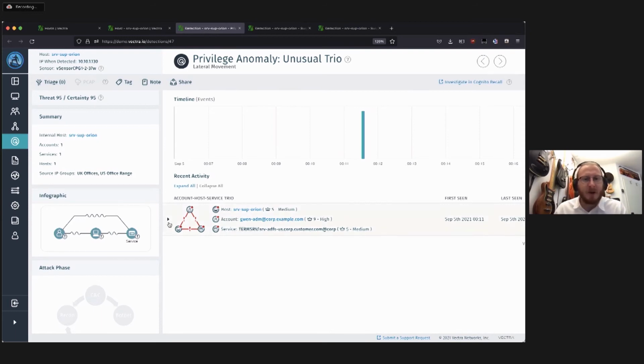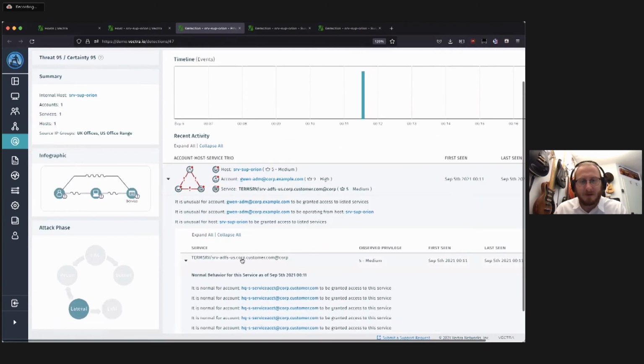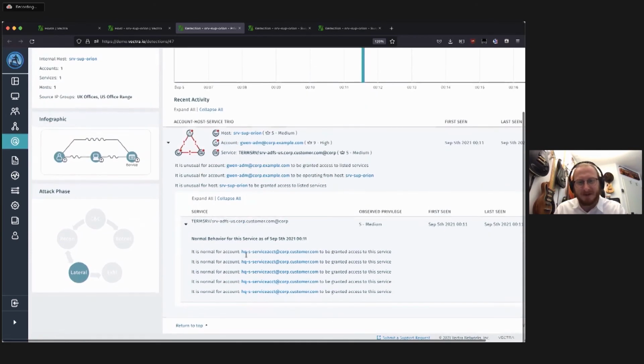And in this case, we learn in a new environment what is normal. So we see here that this server SolarWinds Orion has never been seen with the Gwen ADM account, and never has been seen with the terminal server that seems to connect to the ADFS. But what we can say is the HQS service account does that.